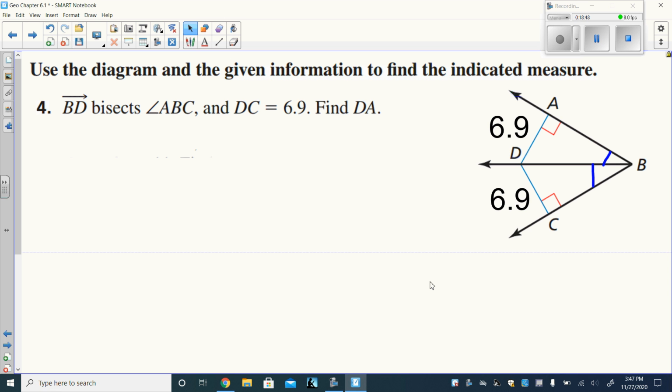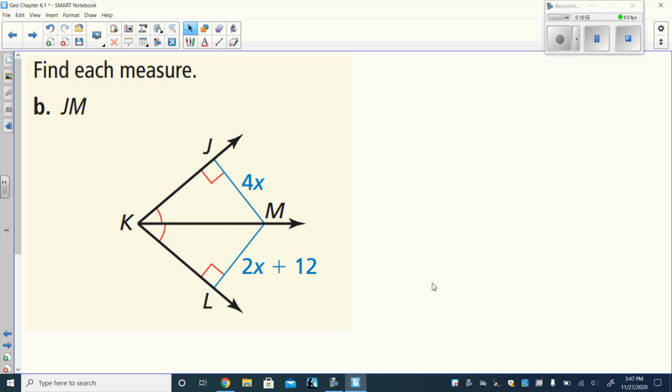They're going to have the same value. So the length of DA is 6.9 because they are congruent. They are the same. And that's it. Now the same thing is true here because